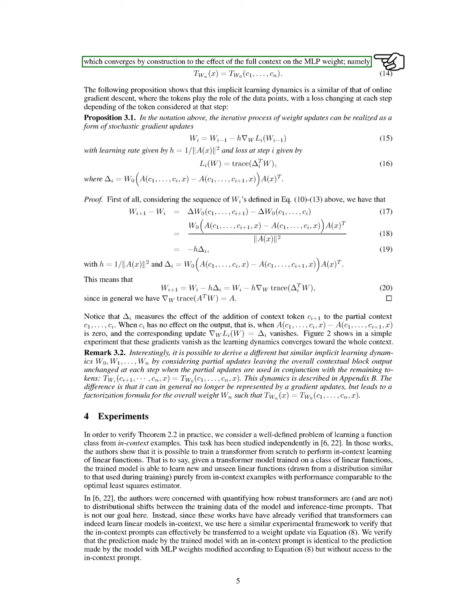To validate our theoretical findings, we conduct experiments on a well-defined problem of learning functions from in-context examples. Previous studies have shown that transformers can learn linear functions from scratch using in-context examples. Our goal is to confirm that the prompts we use can effectively translate into weight updates, allowing the model to make predictions that align with those made using modified weights, even without direct access to the prompts.